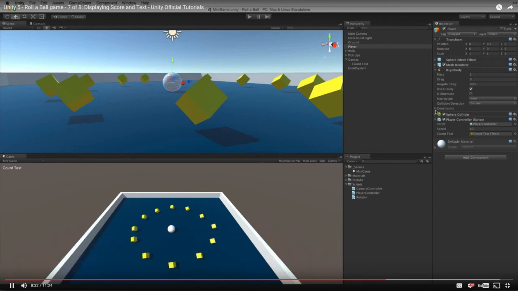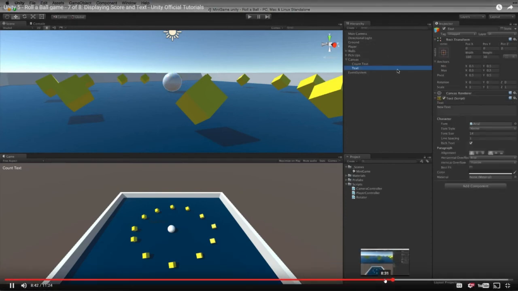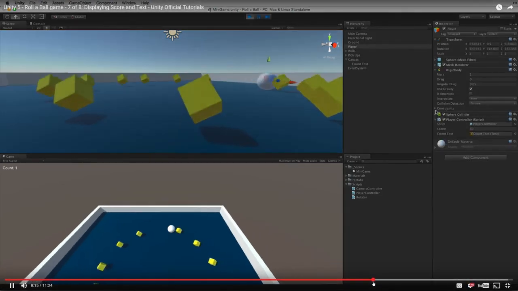For this, we will need another UI text element. Again, using the Hierarchy's Create menu, make a new UI text element. To do this, we will need a...